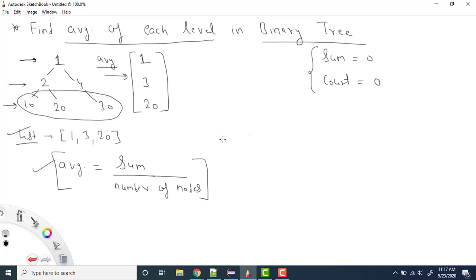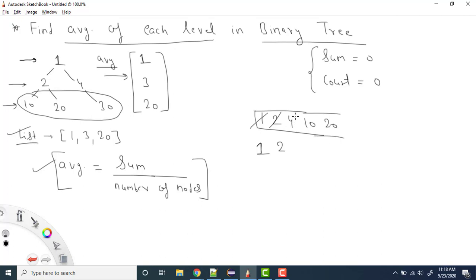Let's say I need to find the level order traversal for this one. First of all I put 1 in the queue, because I take a queue. Then I remove the element from here and print it, this is my first element of the level order traversal. Now I check whether the element I have removed has a left element, then put this value into the queue. If it has a right value, then put this value into the queue, right? Now the same thing again: I remove the element, so I print 2, and check whether 2 has left or right, and add those values into the queue. So here I will add 10, and here I will add 20.